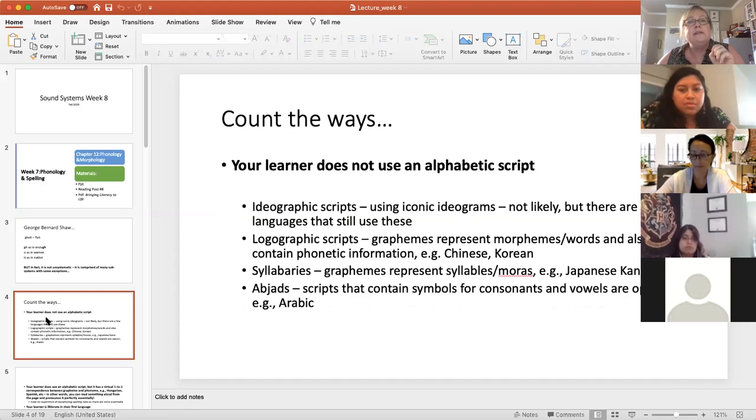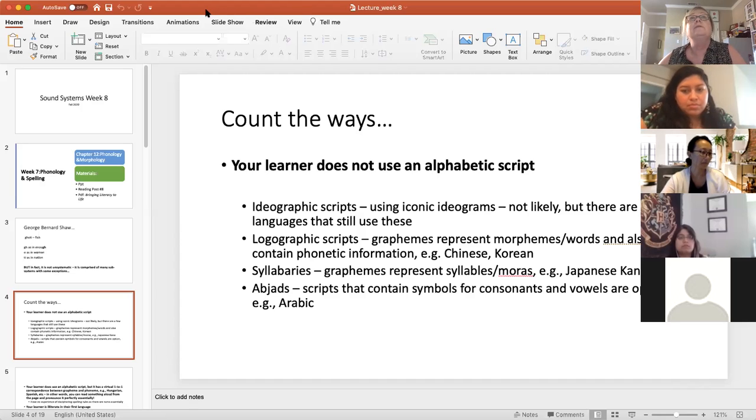So, okay, let's start by thinking about what your learner might come with. For this, I'm very specifically talking about adult learners, not children. So when we talk about illiteracy, for example, we're only talking about adult learners who are illiterate, not kids. So what are the ways in which your learner could be coming to this? First of all, your learner may not use an alphabetic script, right? They may use ideographic scripts that use